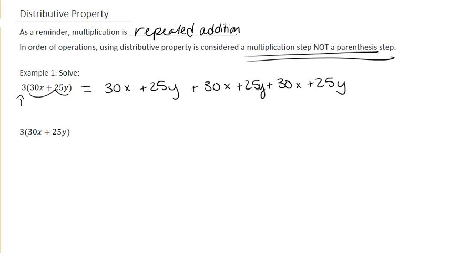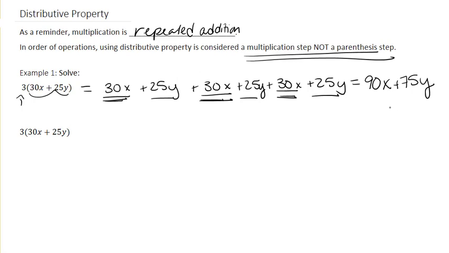Okay, so then we add the ones that have like terms, right? So we have x, x, and x. So 30 plus this 30 is 60, plus this 30 is 90x. Now 25 plus 25 is 50, plus another 25 is 75. So we would write plus 75y. So that is how we would do it if we use the addition method of just adding up all the